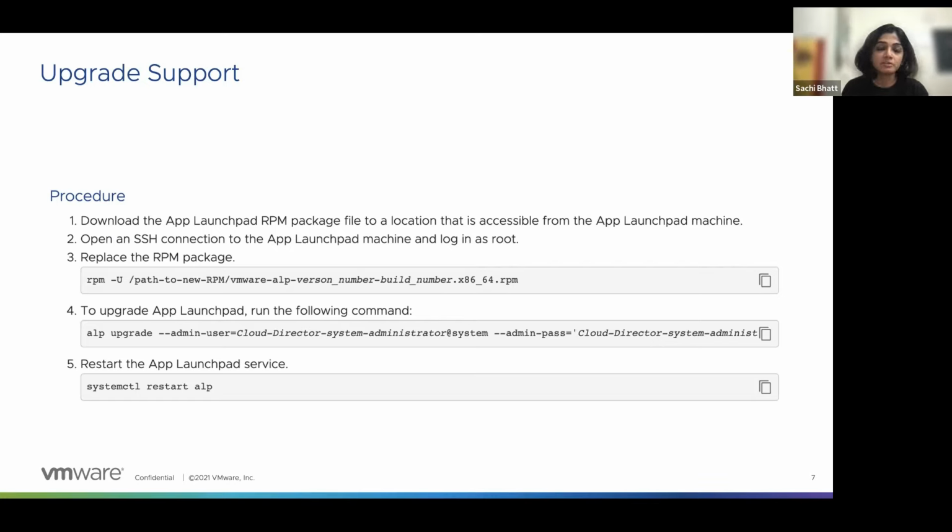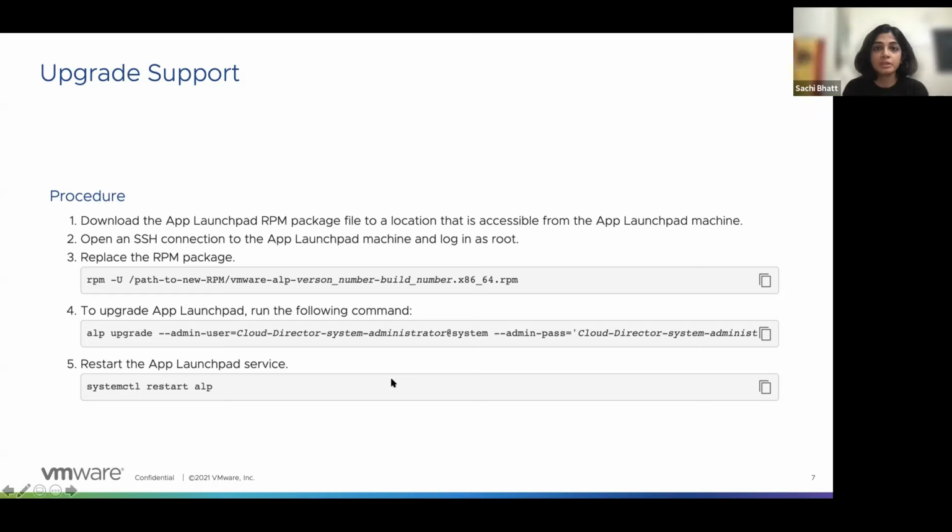For that, just like install use case, you just need to fetch the RPM from official VMware download site, use the ALP upgrade command, provide the credentials, and then restart the App Launchpad service. So it's like one-step process to upgrade the App Launchpad from the previous releases. Right. So all of your catalogs and everything will stay exactly as they are through the upgrade. Yeah. Okay. Yes. Cool.